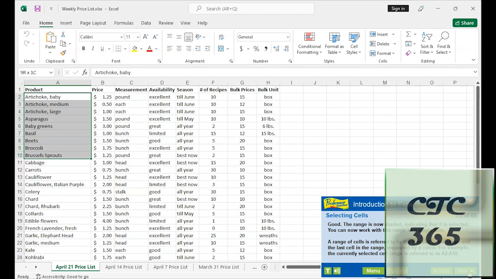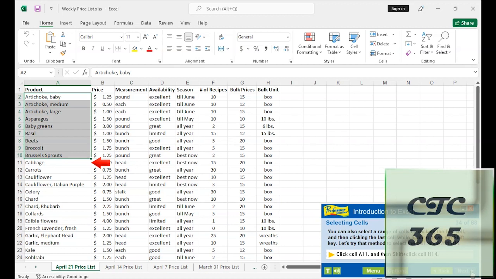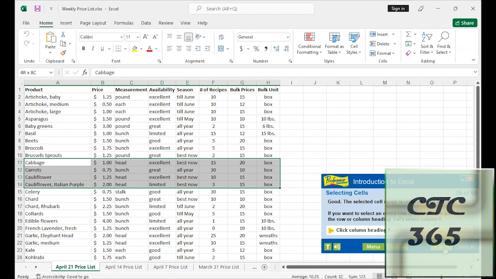A range of cells is referred to by the first cell in the range and the last cell in the range, separated by a colon. For example, the currently selected cell range is referred to as A2:A10. You can also select a range of cells by clicking the first cell and then clicking the last cell while holding down the Shift key. Let's try that method to select the cell range A11:H14. Good. The selected cell range is referred to as